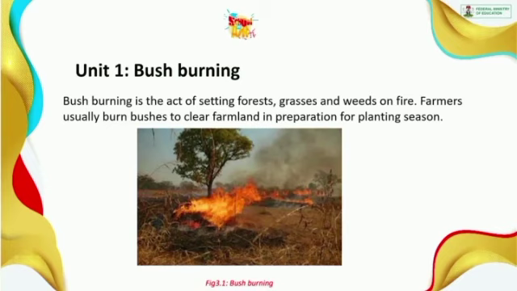So in the process of clearing the lands, bush burning occurs. They burn the bushes and grasses and weeds in order to ensure that there are no remnants of those weeds and plants on the soil or in the soil. So this picture shows that a tree is being burnt alongside the grasses and plants surrounding it. And this also shows that some things are being damaged as the trees and plants are being burnt down.